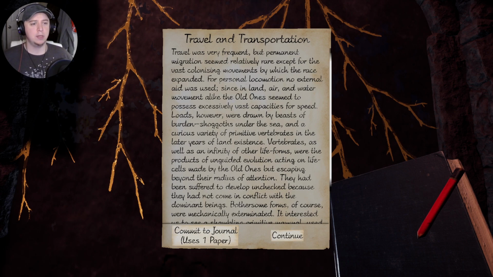Travel and transportation. Travel was very frequent, but permanent migration seemed relatively rare except for the vast colonizing movements by which the race expanded. For personal locomotion, no external aid was used, since in land, air, and water movement alike, the Old Ones seemed to possess excessively vast capacities for speed.